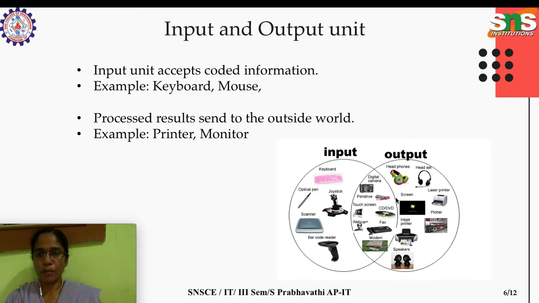And this overlapping section will be acting as both input and output devices. So we won't separate the input unit and output unit, instead we'll say IO unit. The main purpose of the IO unit is to give information, and the computer will process it. After processing, the computer will give the output, which we call the output unit. So these are some of the input and output devices available today.